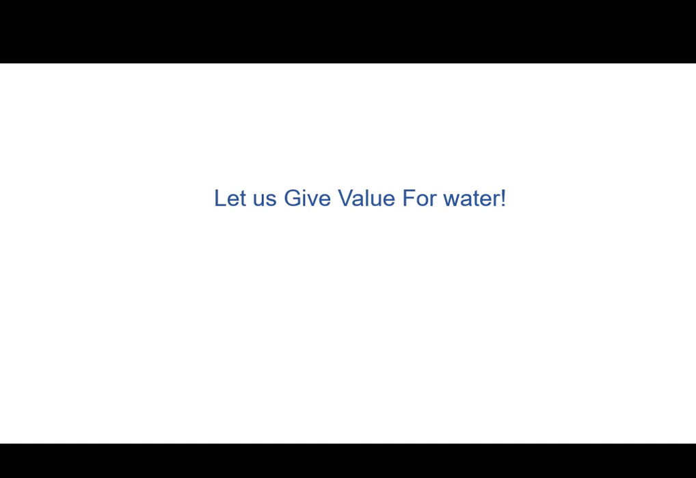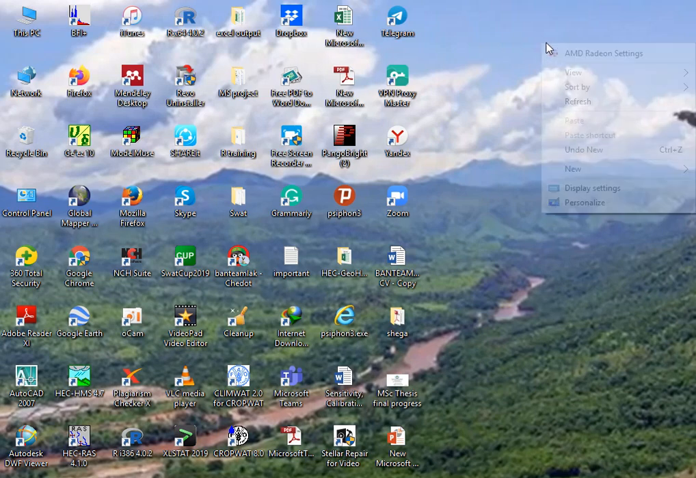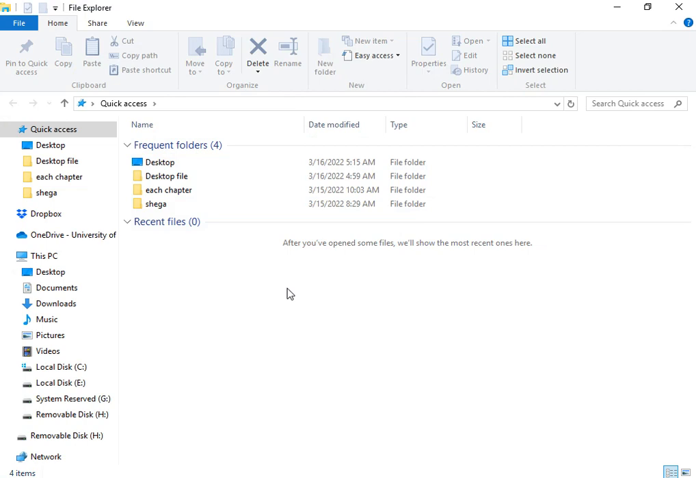HEC-HMS modeling for urban hydrology, for urban planning or urban flooding. Therefore, we have already finished modeling on HEC-HMS, and your next task should be